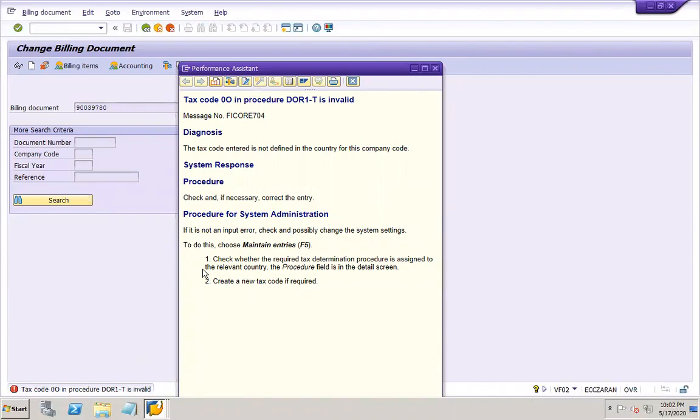It is saying it has not been defined. So what we can do is